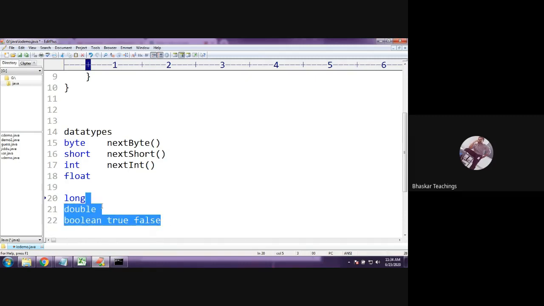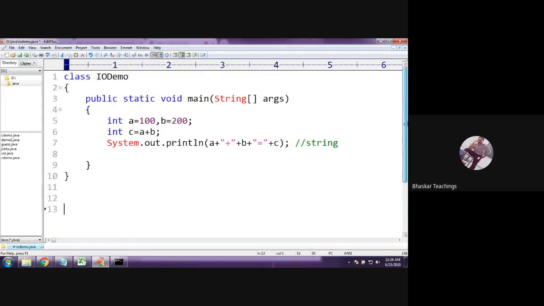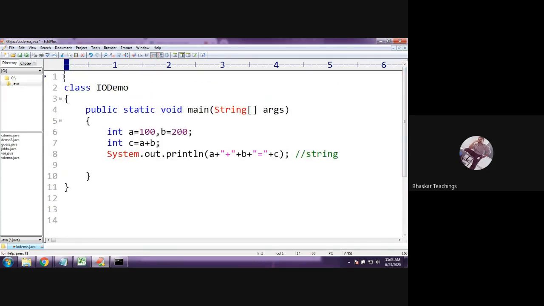So let us see. Assume you are going to take 2 values. Let us go with the addition of 2 numbers program, where you are going to read user input from the user. So now let us start, let me modify in this class only.